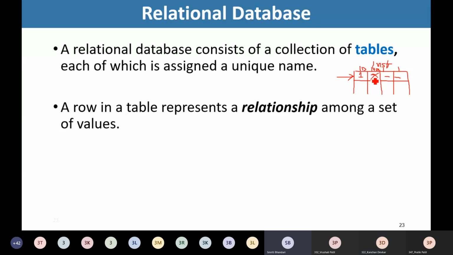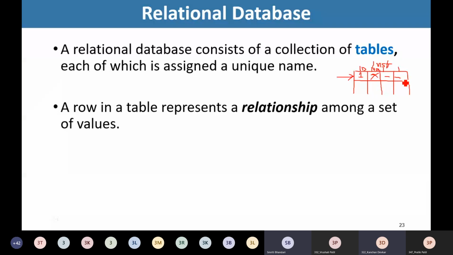So what we are saying is whatever values there are, those are stored in that particular row. These values are meant for the respective attributes. So in every row, I'll have some value for ID, some value for name, some value for salary, some value for department name, right? So every row is actually the collection of the values associated with the respective attributes.